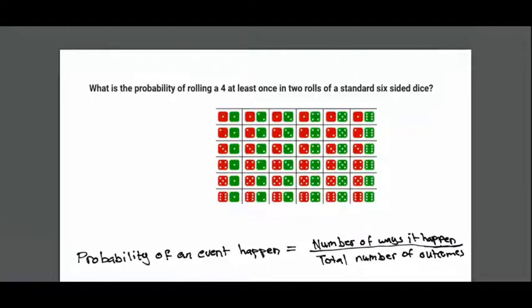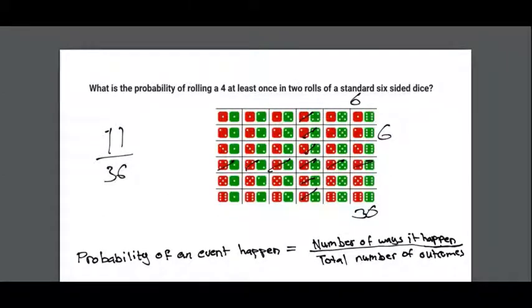What is the probability of rolling a 4 at least once in 2 rolls of a standard 6-sided dice? Each roll has 6 possible outcomes. So the possible outcomes in 2 rolls is 6 by 6 equals 36. Probability of an event happening equals number of ways it can happen over total number of outcomes. Let's count the number of outcomes with at least a 4. 1, 2, 3, 4, 5, 6, 7, 8, 9, 10, 11. The probability of rolling a 4 at least once is 11